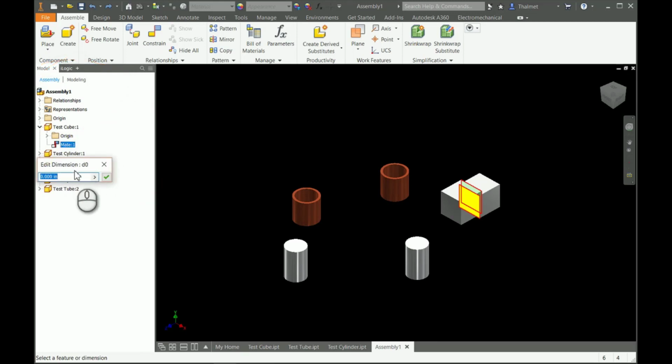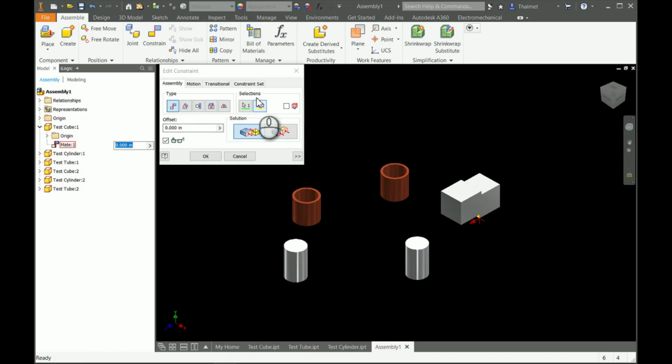Now, if I double click on it, it's automatically just going to pop up with the offset distance. And kind of similar with if we use a tangent or any type of other constraint, it will just give us the input value. So from here, we can quickly change any of those inputs. But what I want to do is right click and go to edit to bring back up that constraint menu. Now in here, you'll see we have an offset. So if I highlight that and change that to 1 inch,